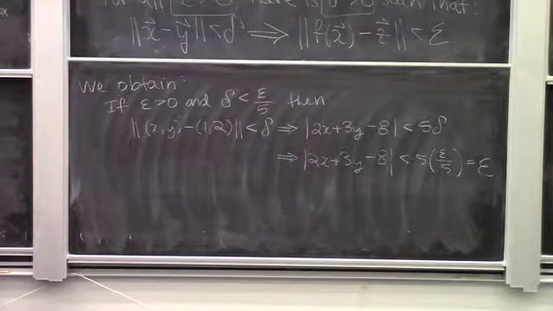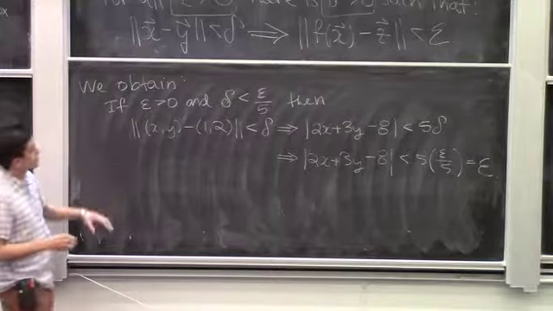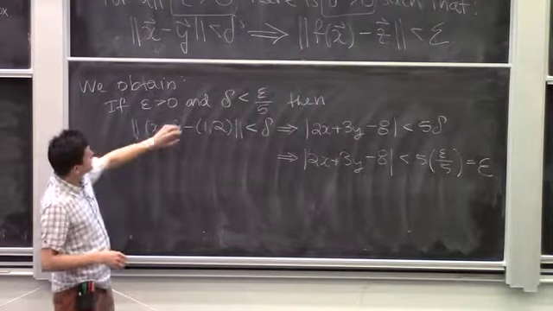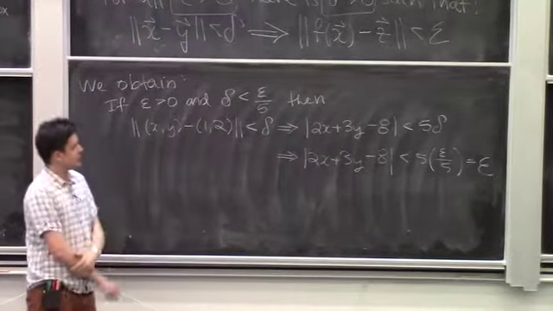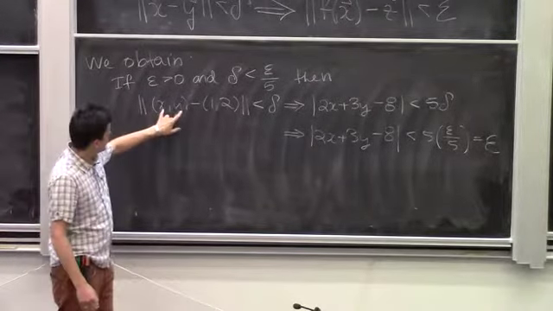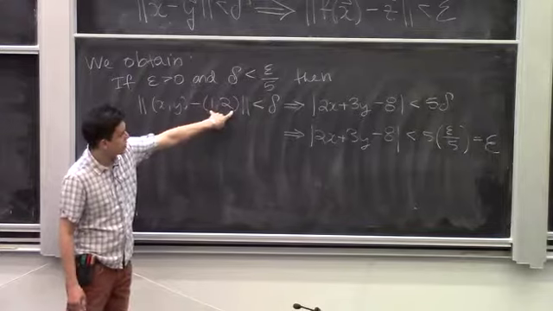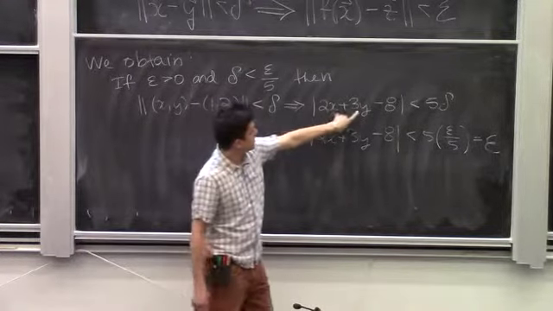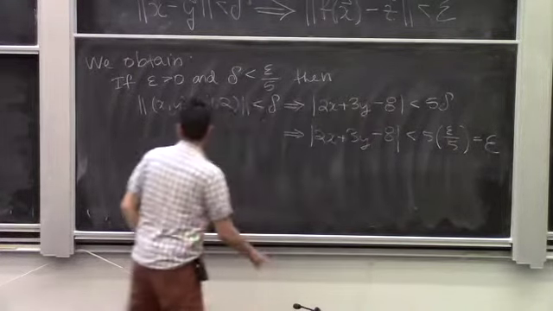Okay, so this is the sort of final draft of our proof. If epsilon is bigger than 0 and delta is less than epsilon over 5, then whenever this point is delta close to this point, our function is epsilon close to 8. So thus,